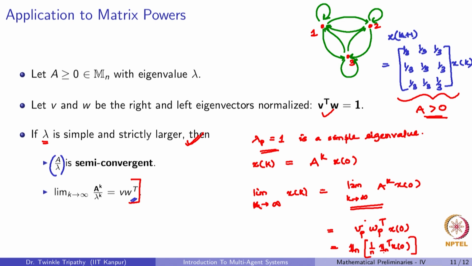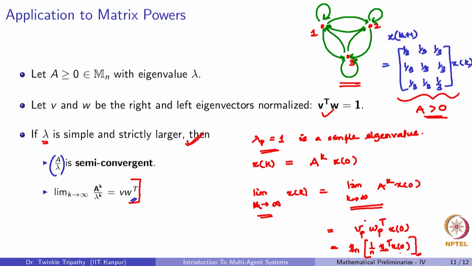Meaning the solution of this entire conversation that happens between the 3 people, now after quite an amount of time, eventually what happens is that all of the agents actually agree to each other, and they agree on the value which is equal to the average of the initial conditions. Now, this shows us that the analysis that we saw on how to use the spectral properties can actually be used to study the emergent behaviors of a networked system.